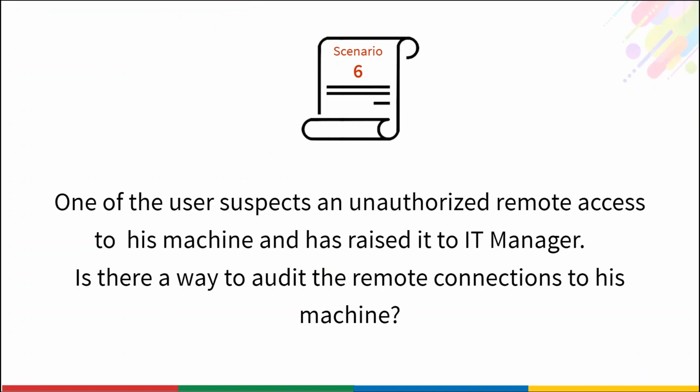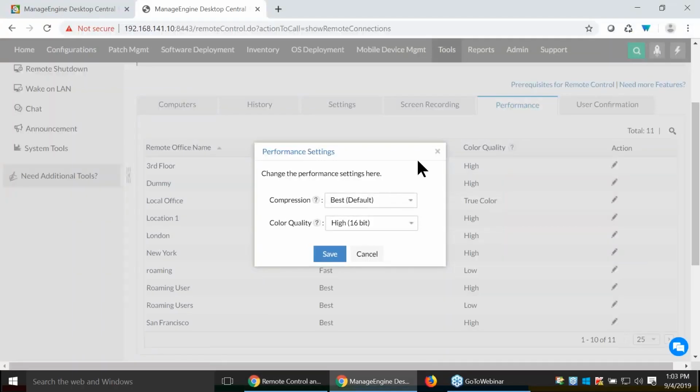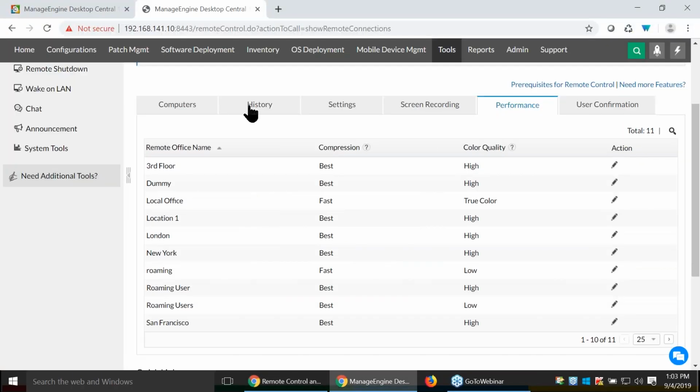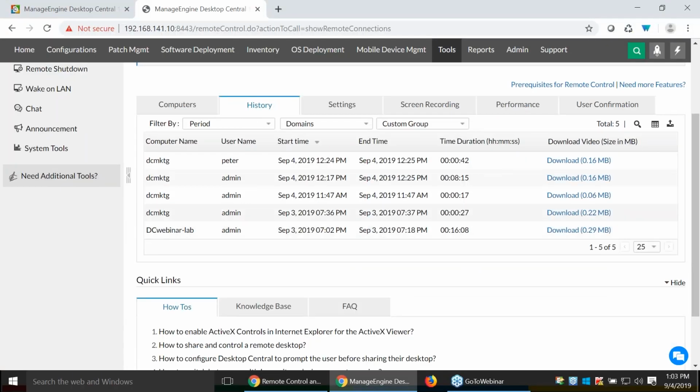One of the end users suspects an unauthorized remote access of his machine and has raised it to the IT manager. Is there a way to audit the remote connection to his machine? As I have mentioned already, all the remote sessions can be audited right here. That can be reported and exported as a report as well. Besides this, we have